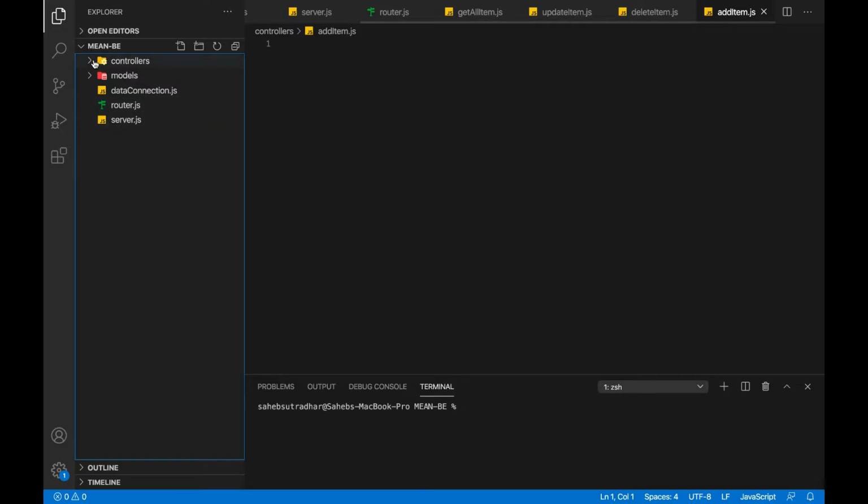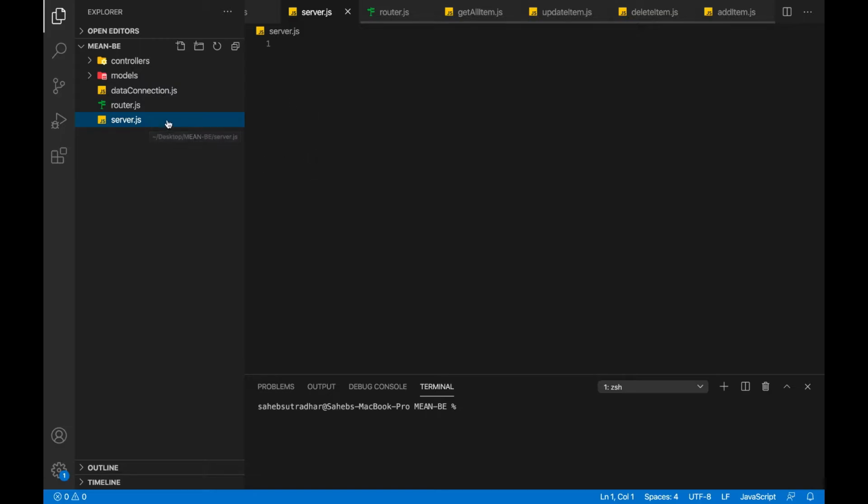Okay, so first I'll explain this project structure. So we have this server.js file. In this file we'll be having all the server related code, the code that we are going to execute initially. So the code will be there in the server, like calling the database method and the Express server and all the middlewares.